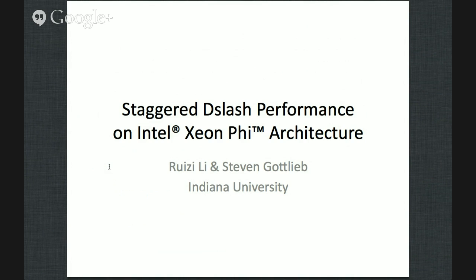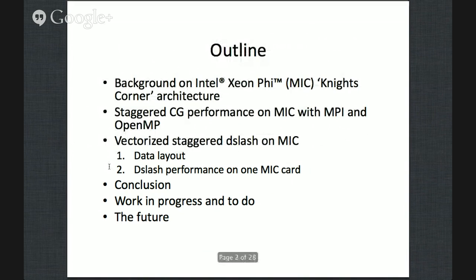So I'm going to talk about the staggered D-slash code performance on the Intel Xeon Phi architecture. I'm going to give a brief background on the Intel Xeon Phi Knights Corner architecture, and I'm going to go on with the staggered conjugate gradient performance with the MPI and the OpenMP parallelization. And I'm going to talk a little bit more about the vectorized staggered D-slash code on MIC with the data,